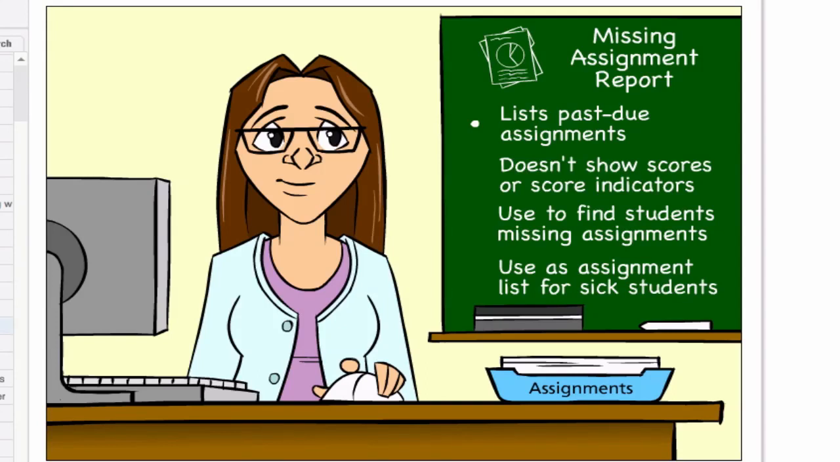The missing assignment report lists past due assignments, but does not show any scores or collected score indicators. Use it as a weekly report for students who are missing assignments. Or give the report to a student who has been ill, so he or she has a list of all